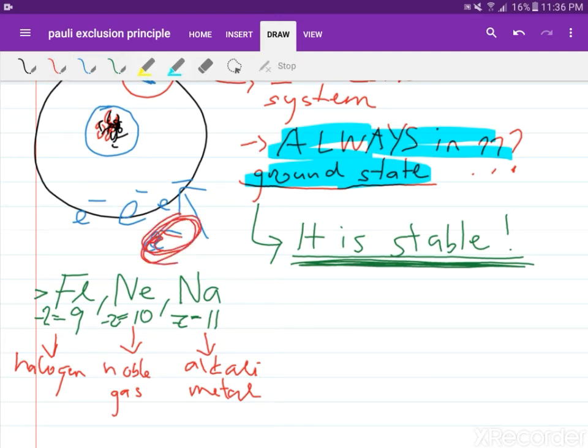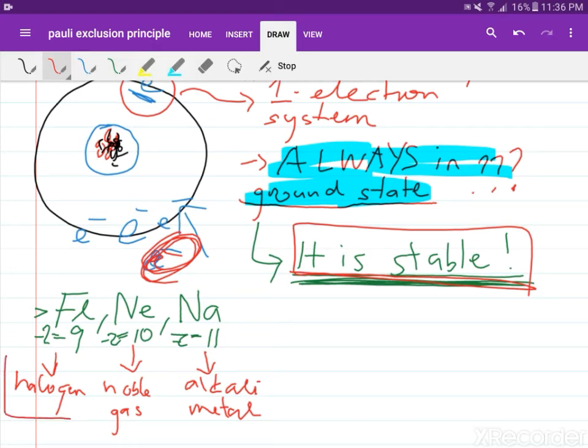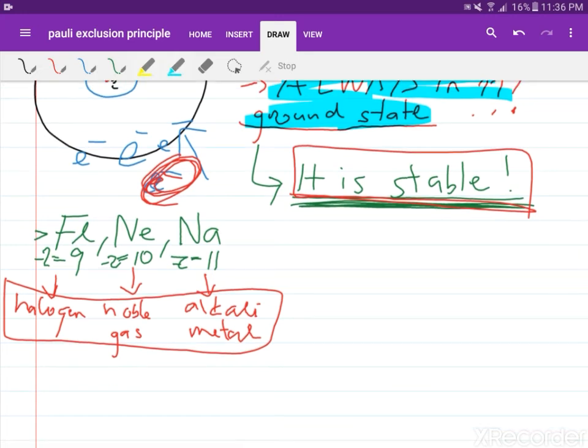But in our central field approximation, if we add electrons to our system, we would expect that they would all be in the ground state, they would all be stable. Yet we observe that they have very different properties. So in order to solve this puzzle,